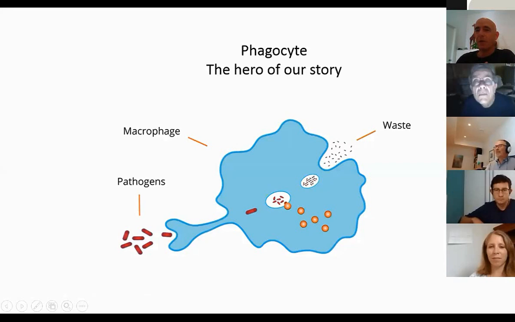Okay, so the hero of our story is a phagocyte. It can be a macrophage or a monocyte. There are several types, but this is our hero. It's a very large cell. It can be up to 20 microns size, and it swallows other pathogens like viruses or other bacteria or dead cells or phospholipids. It digests them and it excretes them as basically a waste, and this waste are free radicals. And I'll try to explain the process that happens in an infectious disease.